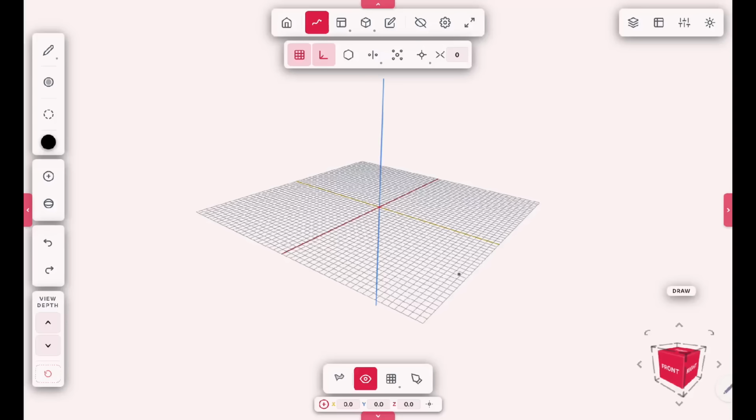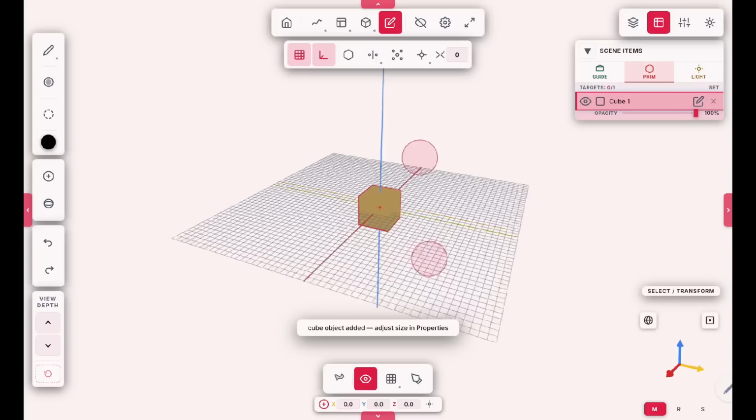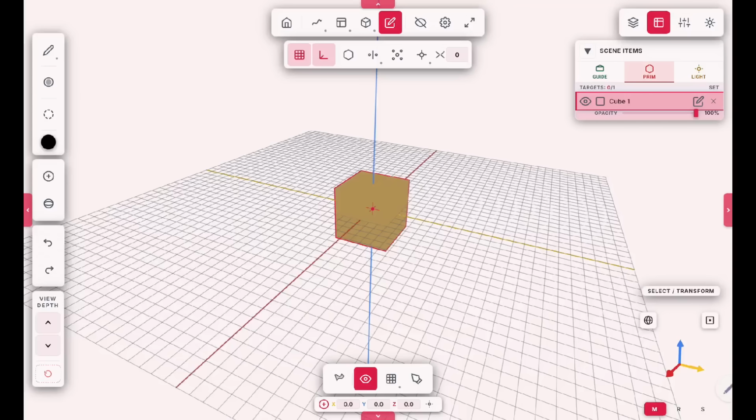And we can create from primitives, right here, any primitive 3D modeling. I'm on tablet right now. So as you can see, the scene items panel is opened up and the cube is selected and highlighted. And you have here on the bottom right